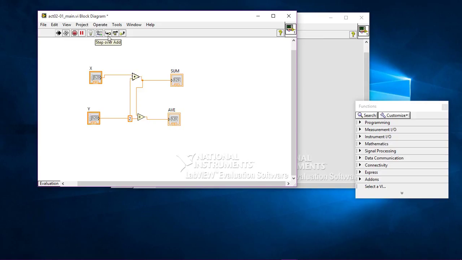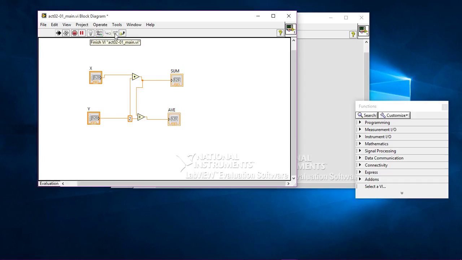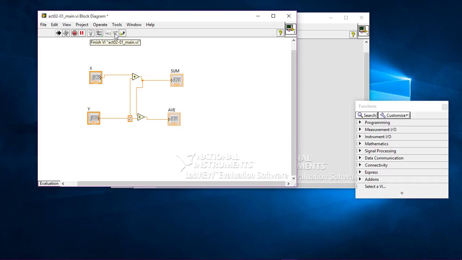Kumbaga dito sa start single stepping, dito makikita yung flow, yung pagkasunod-sunod ng execution. Dito mauna yung sa addition muna, after ng addition pupunta siya sa division, then after that tapos na. Yung finish naman, pag tapos na yung lahat ng execution, pipindutin mo to para ma-stop yung